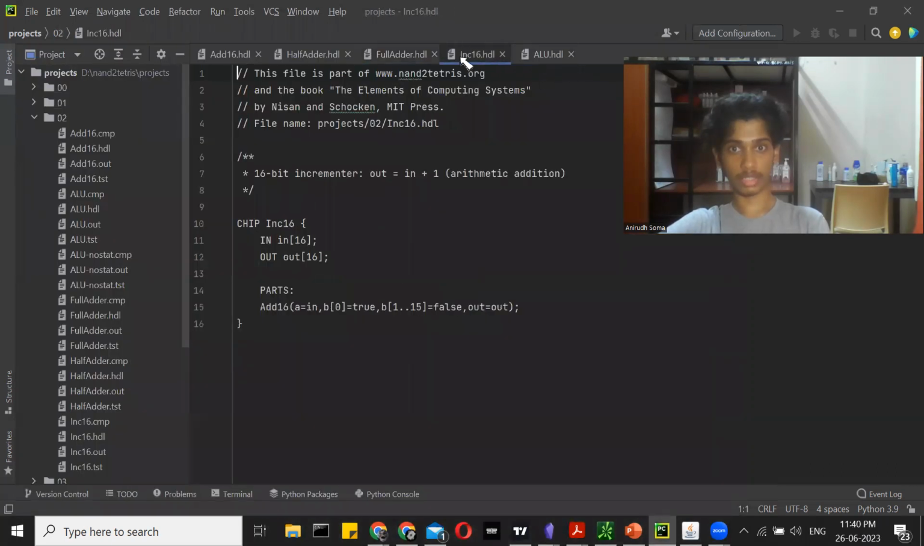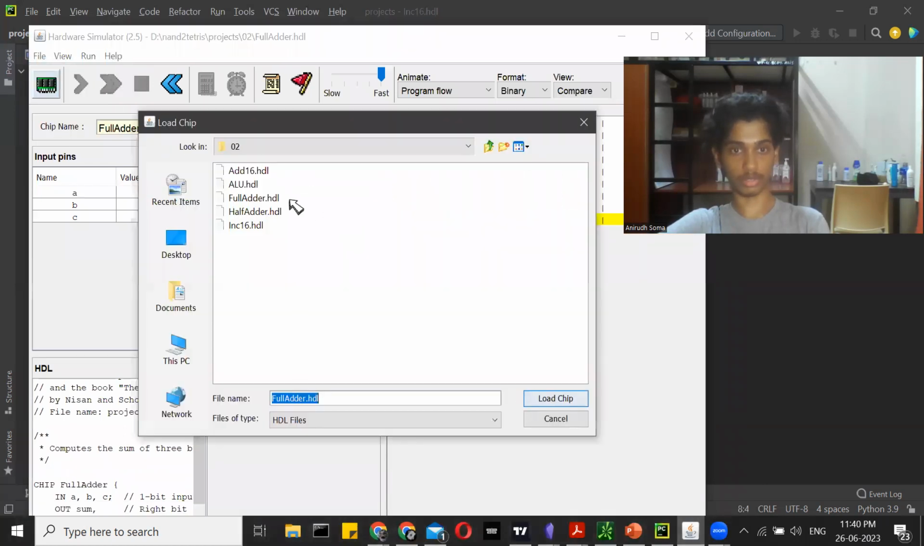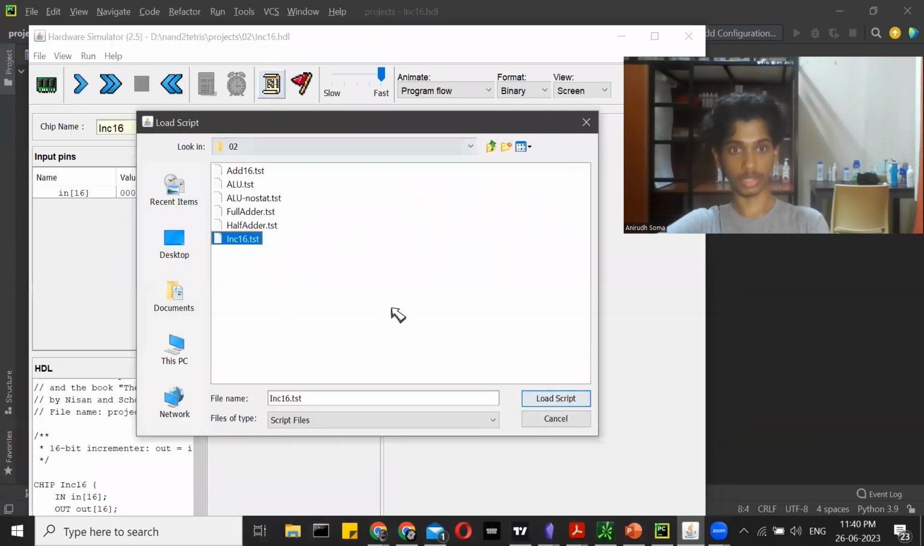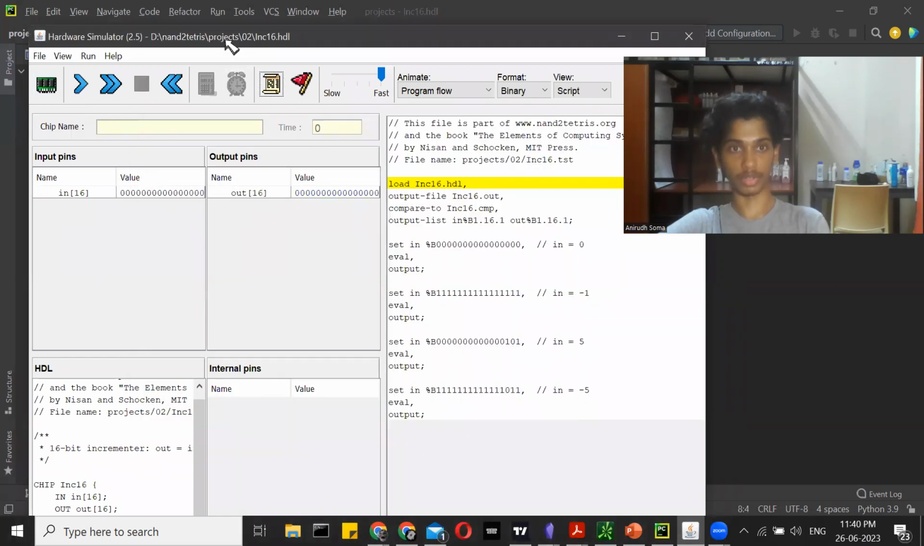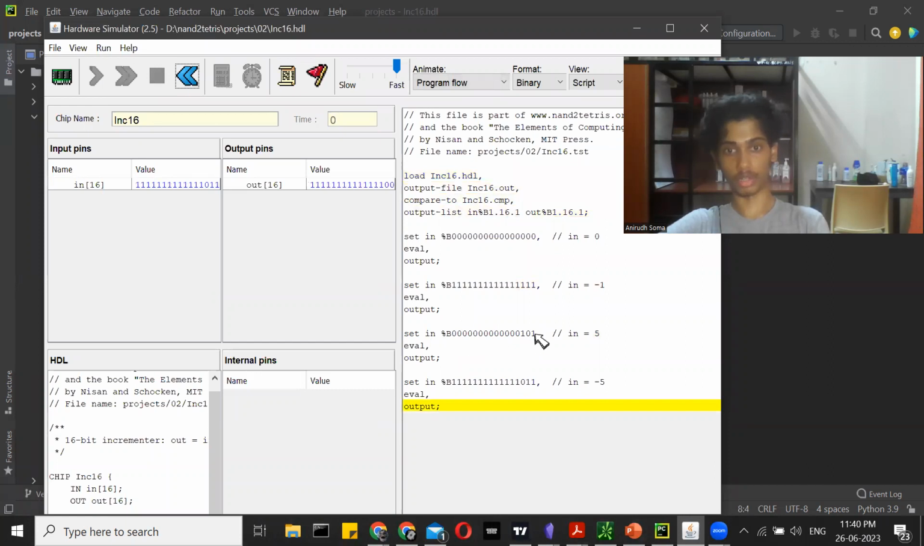This is a really simple program that I've worked on. This is the incrementer. You just add 1 to the input. That's it. So you take an input and then you just increment it by 1. It's not much going on over here. It's a really basic implementation of the 16-bit adder. These are the test cases in the script file of the incrementer. You set all the inputs first to all zeros, then all ones, and then some random